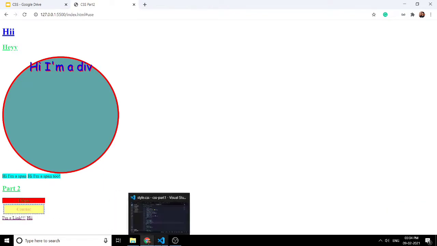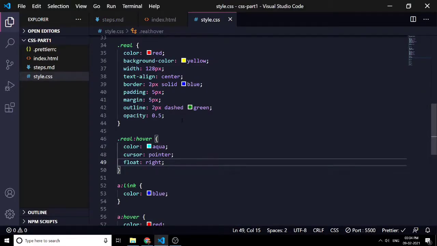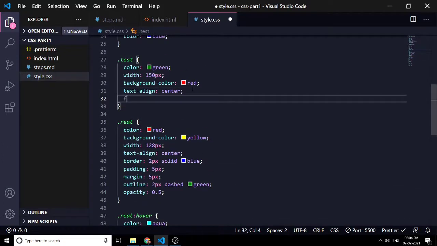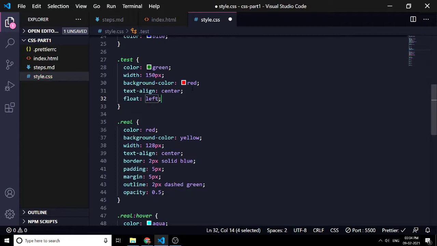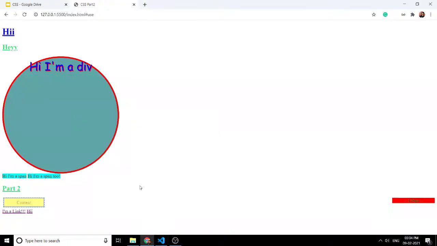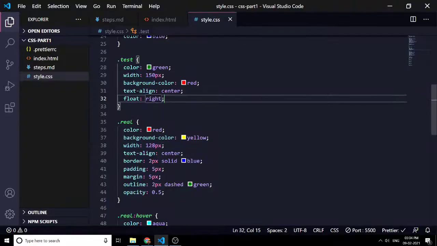You can also give properties to the different ones. If we use it on test and give it a property of float right, then from the start it will be floated to the right, and it's again an inline property. And you can say we have given the width of that. So if we remove the width of that,